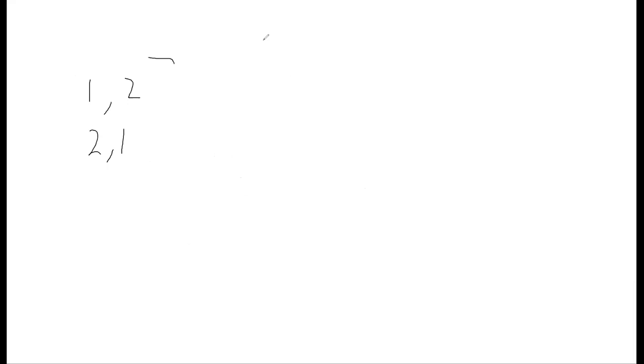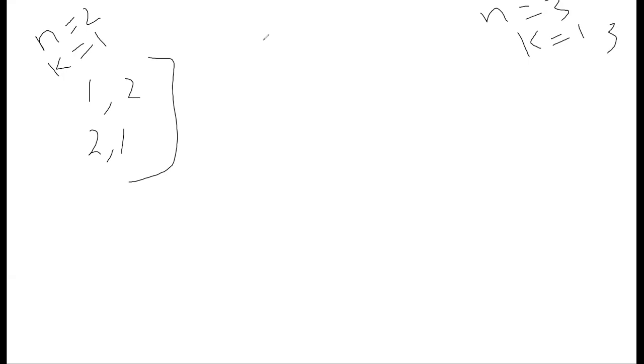Okay. So let's see, these are the already created pairs, and suppose here is 2 and k is equal to 1, right? And what we have to find is n equal to 3 and k equal to 1. So I know I have to add the third element, which is 3, which is definitely going to be greater than the already created numbers. So if I add 3 here or here, it's not going to change anything in the inverse pairs, because 3 is always going to be largest and it is at the last position.